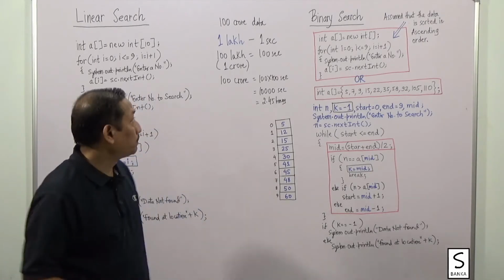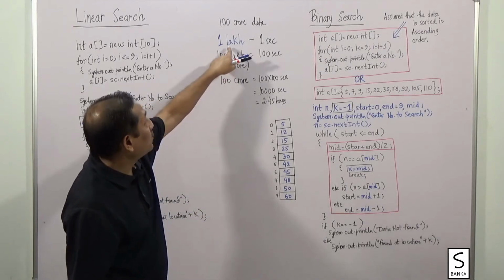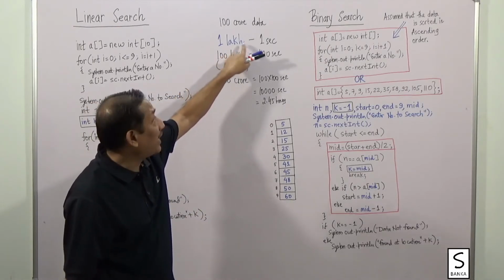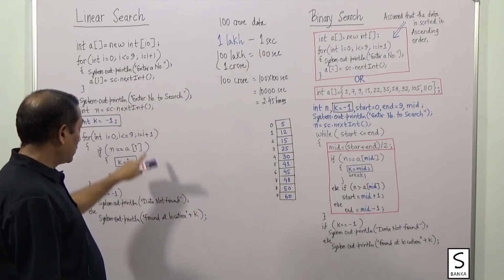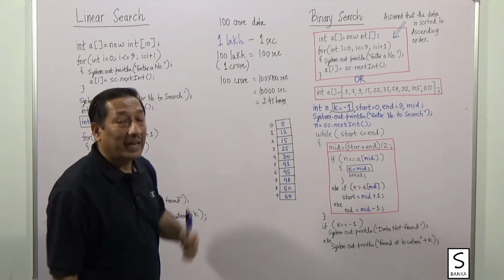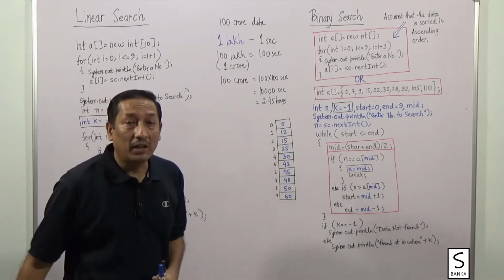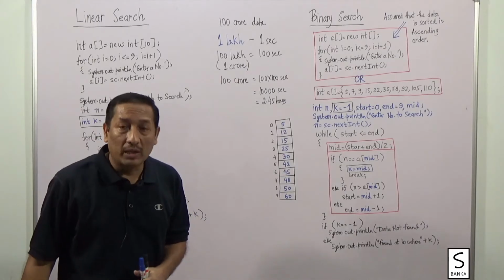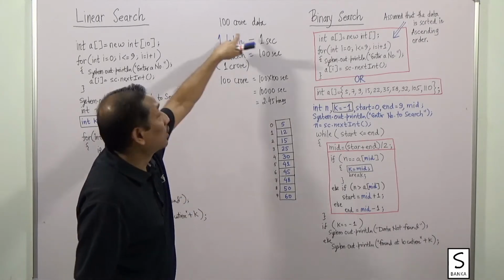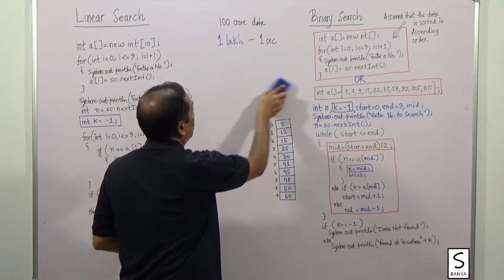Let's see how. What we need to keep in mind is that our computer is searching 1 lakh data in 1 second. That means it is 1 lakh rounds in 1 second, and the linear search method is taking more than 2.5 hours to search 1 crore data using this computer, which is so fast.